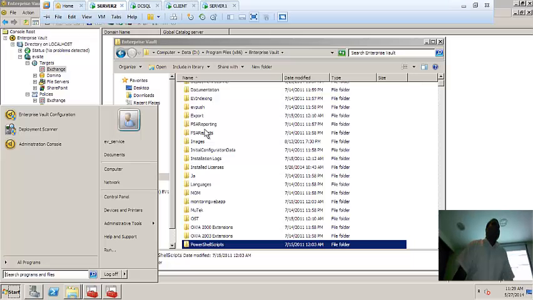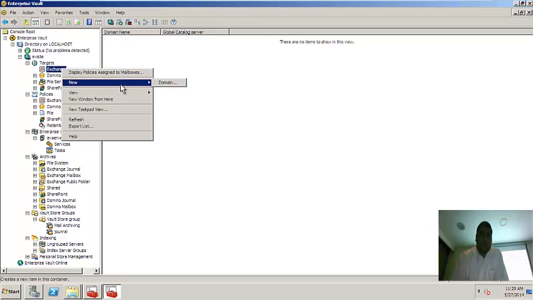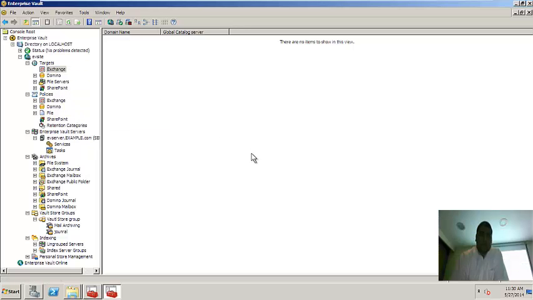The most important thing, if you are archiving Exchange: sometimes the customer asks whether, if they have two different domains, maybe one is a child domain, we can archive from one EV server.